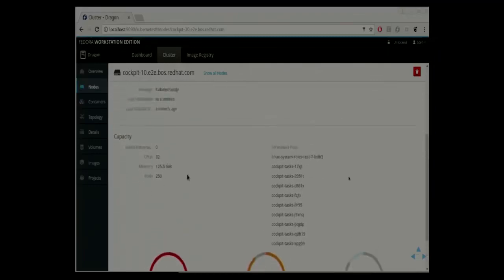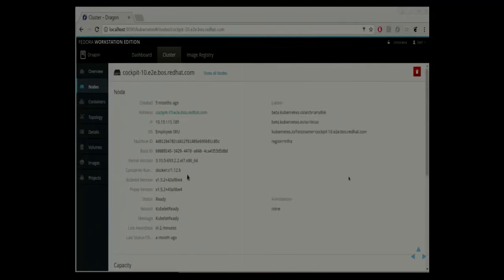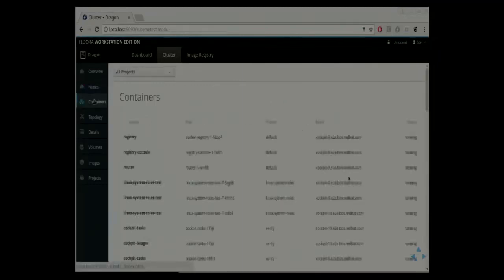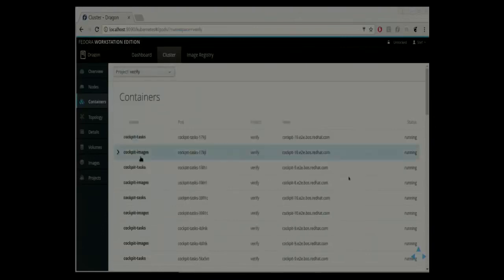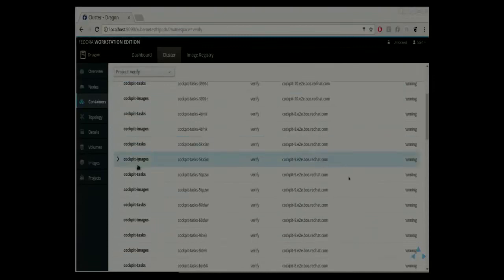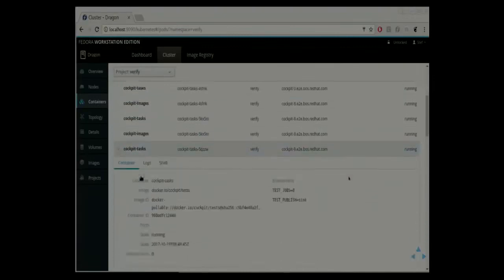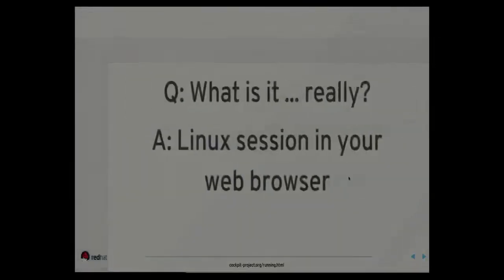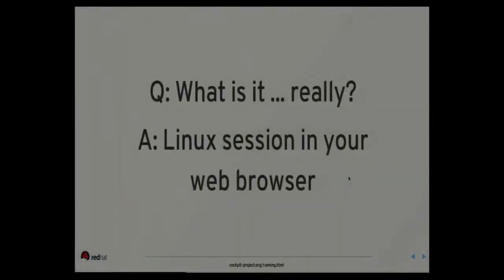Now, I could do this for every different part of Cockpit, but we don't have time for that today. Instead, I'm going to show you how this works. Because if this was all there was to it, it's very shiny and fancy, but I wouldn't be that excited about Cockpit, to be honest. I would be like, wow, good stuff, move on. But the way that it's implemented, I find very compelling, and it's what drew me into this in the first place. Remember I talked about integrating the Linux system, making it coherent and function as an out-of-the-box unit rather than a bag of parts that everyone has to put together themselves. Cockpit is really a Linux session in your web browser that lets you build and interact with all the different parts of your system